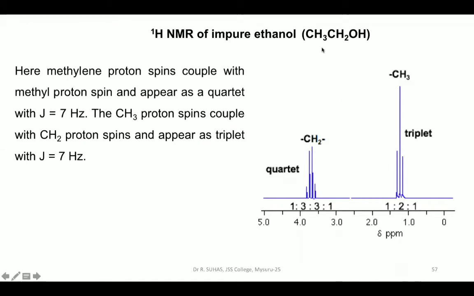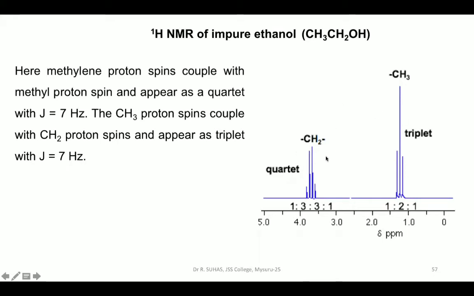Before that, we have to understand why this methyl is giving a triplet and this methylene is giving a quartet. We have to clearly understand that these protons are influenced by these protons. So the magnetic field of this proton is influenced by the spin arrangement of this proton, and the magnetic field of this proton is influenced by the spin arrangement of that proton. And you will see that the distance between these two